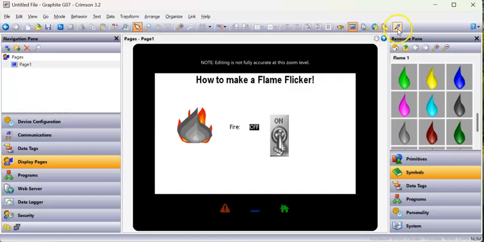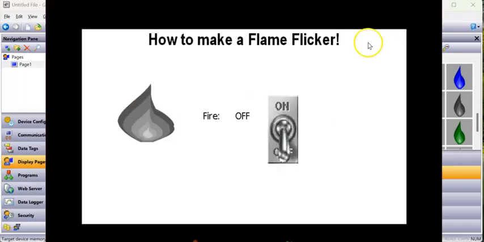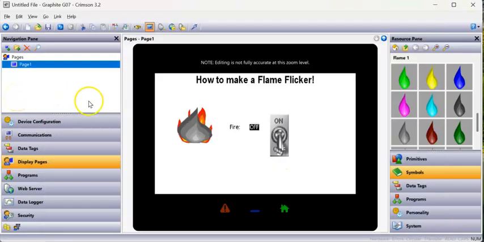Okay, let's test this out. Here we go. So notice it's off. Turn it on. Boom. Off, on. Love it. Perfect. Let's go one more step further though, because if I want to reuse this over and over